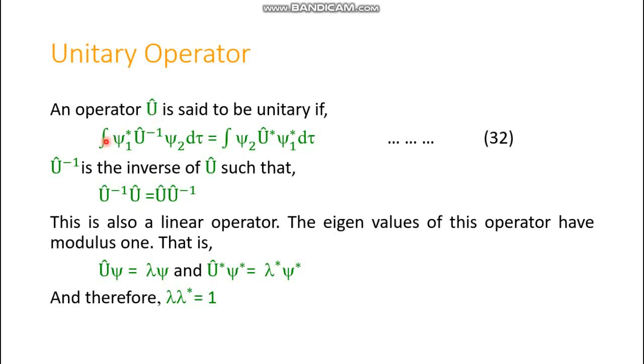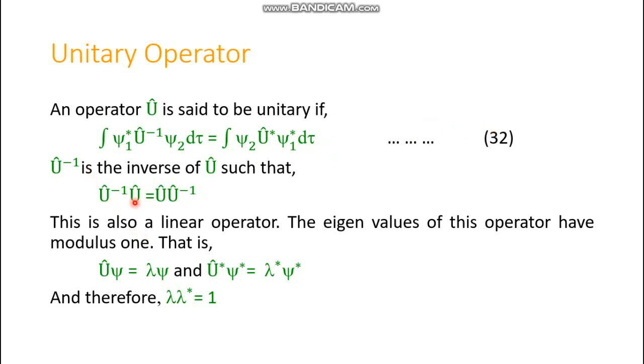If you take the integration of psi 1 star U inverse cap psi 2 d tau, and this is equal to the integration of psi 2 U cap star psi 1 star d tau, then equation 32 is obtained, and in that case U cap is the unitary operator,